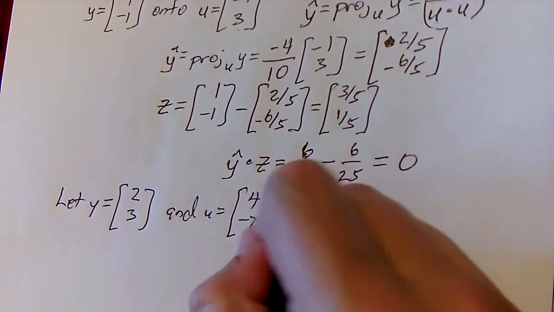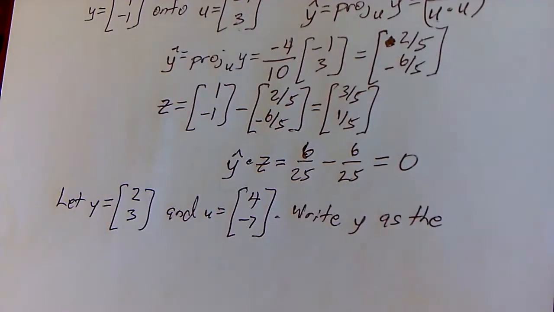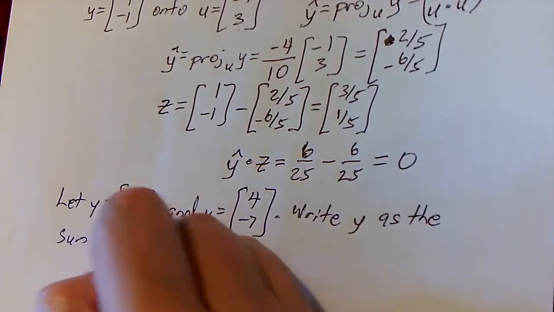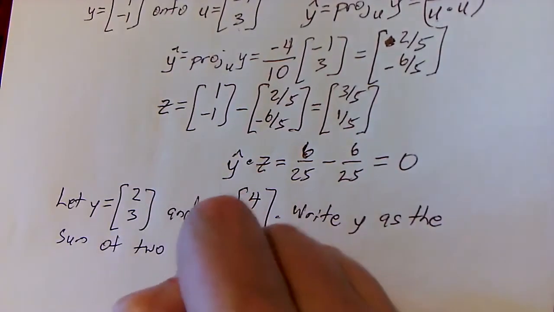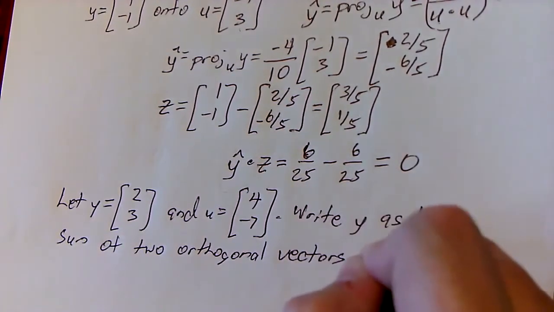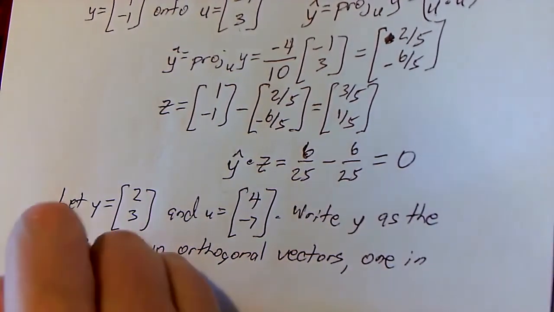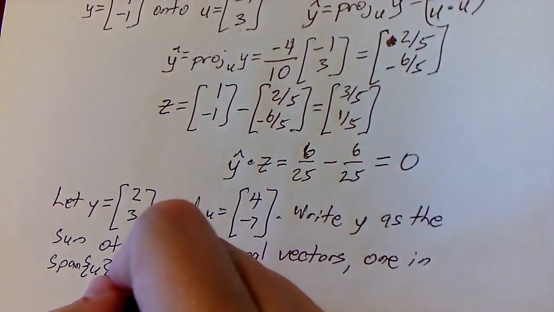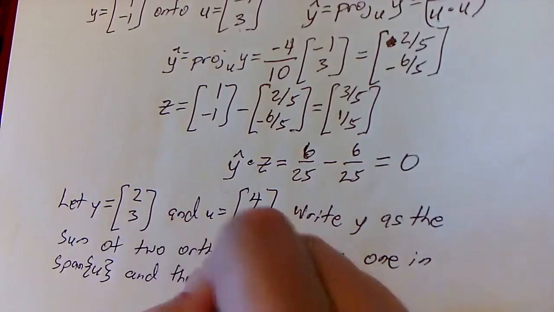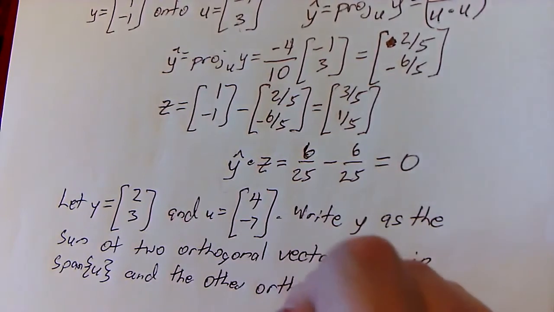And our job is going to be to write y as the sum of two orthogonal vectors, one in span u and the other orthogonal